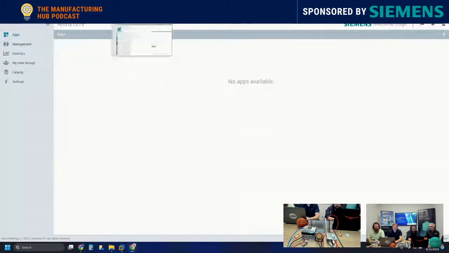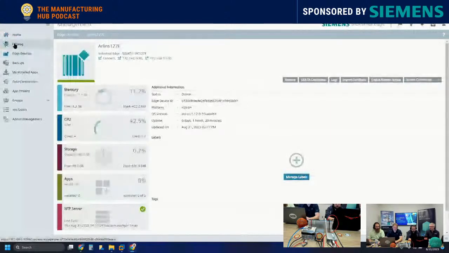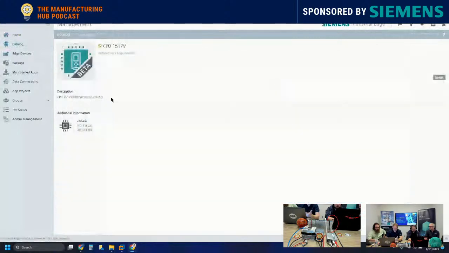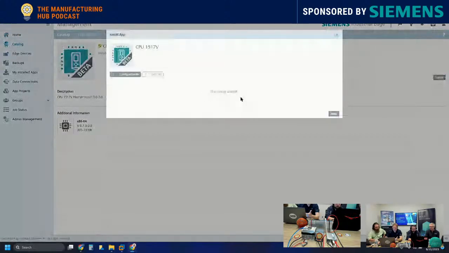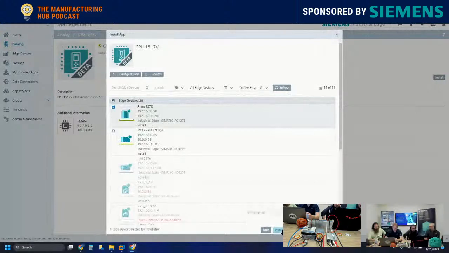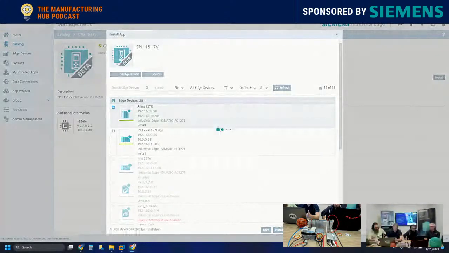So what I'm going to do here is come back to my management system and go to my catalog of applications. For the purposes of what we're doing today, I'm just going to install the 1517 on it. It's not a difficult thing. You have the menu and all the different edge devices that you can connect to. You have the choice down here: I can either delay my install by a few minutes, or I can schedule a date and a time to have it install the application. The same thing works for doing updates. I also have the install now option. If I click install now,